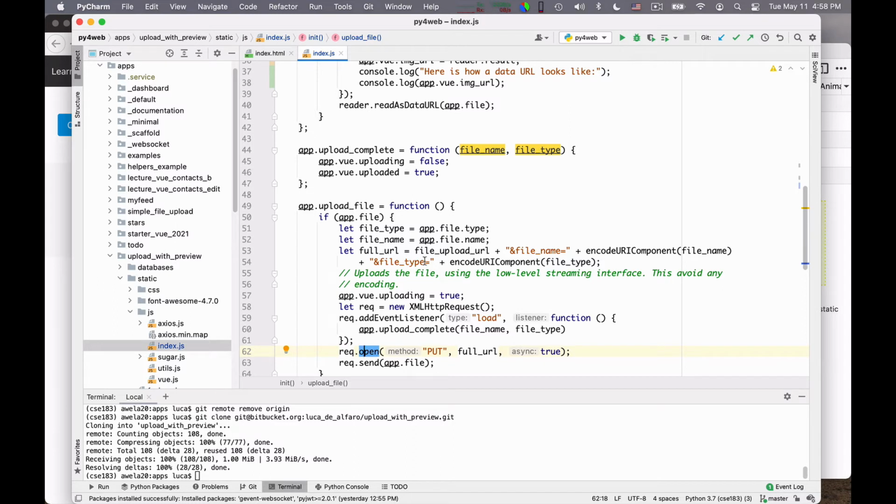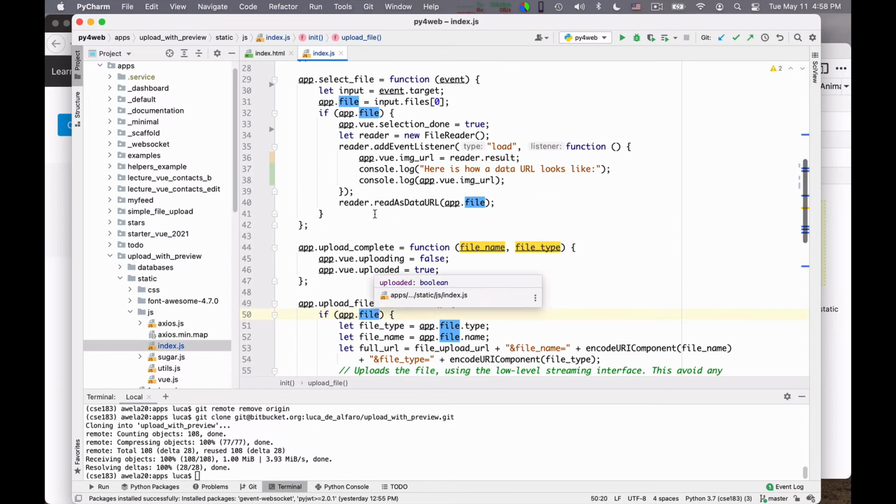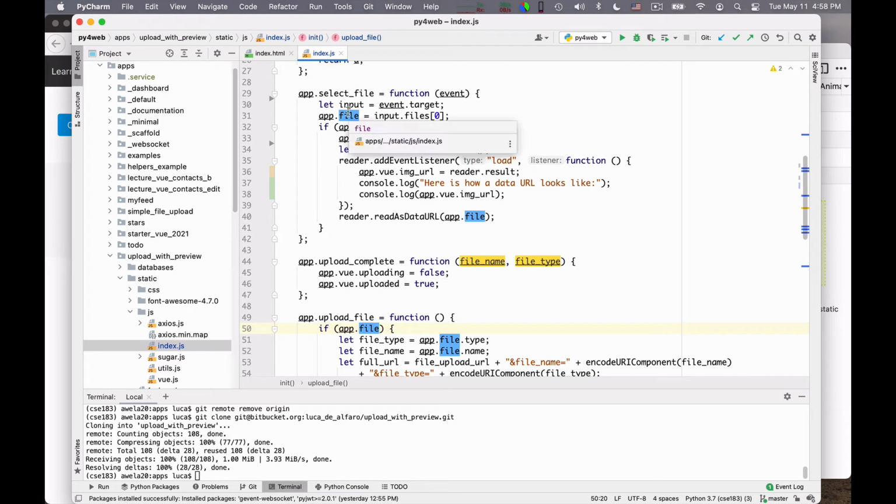This is exactly the code we had before, modulo that there is not a small portion at the beginning in which I need to grab the file, because the file, I have already obtained it up here, okay? But so there is no conceptual change to the upload file function. The only thing that I'm doing is this business when the user selects a file to set the preview.